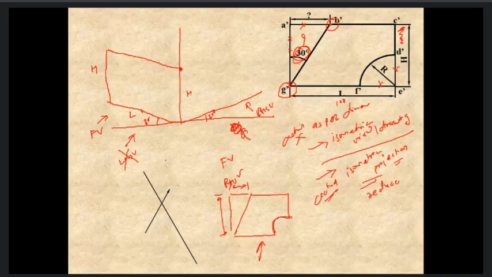Now what I want to create is my actual job. For that, I know the inclination is 30 degrees over here, but I will not draw the angle at 30 degrees, because this line itself is making a certain angle with the horizontal, so it will definitely not be 30 degrees.